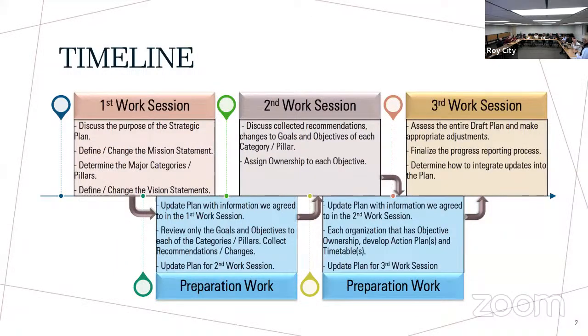Okay, this gives you a little bit of a structure of the conversations that we'll have in the future. Currently, our focus is going to be on the first work session. You have an outline of what we'd like to talk about. And then we're going to talk a little bit about what we plan to do at the end, in terms of taking what we create today and moving that so we can move into the second session. So with that chart,